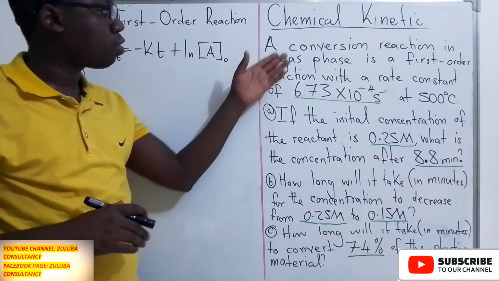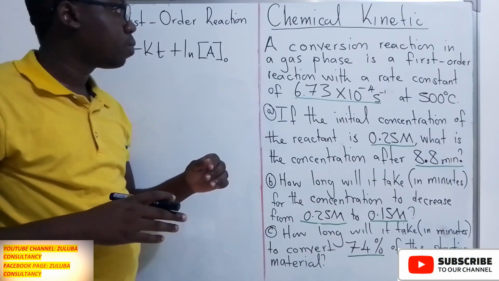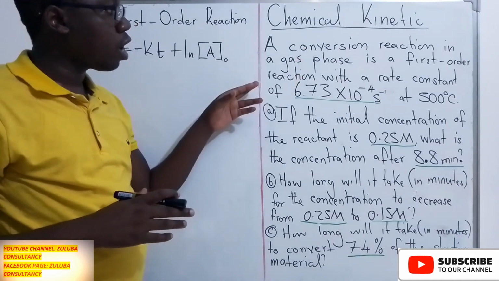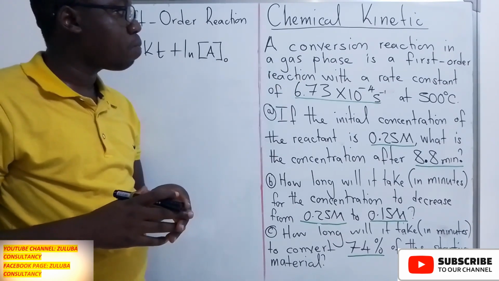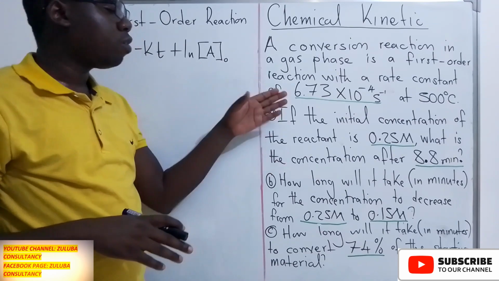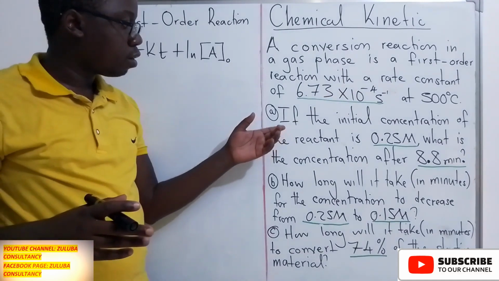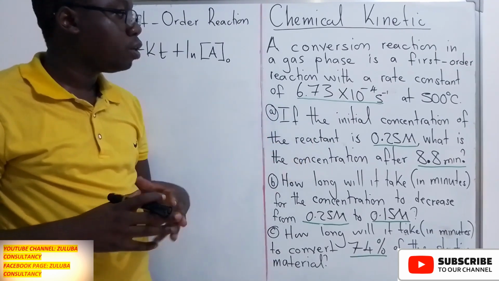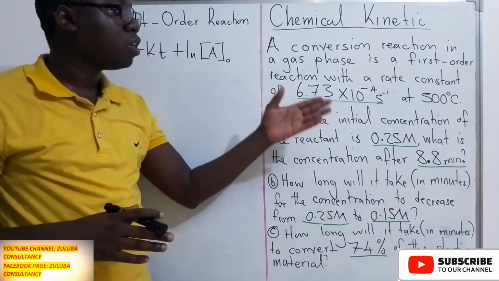In this video, we want to answer this question under the topic chemical kinetics. The question reads, a conversion reaction in a gas phase is a first order reaction with the rate constant of 6.73 times 10 to the power negative 4, and the unit is second negative 1. This is happening at 500 degrees Celsius. The first question says, if the initial concentration of the reactant is 0.25 M, what is the concentration after 8.8